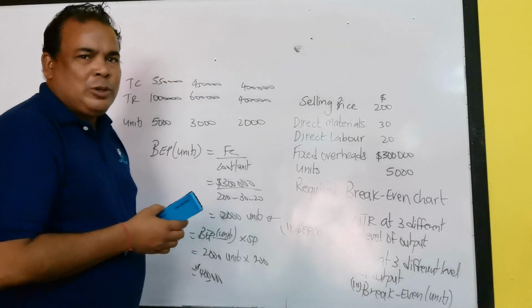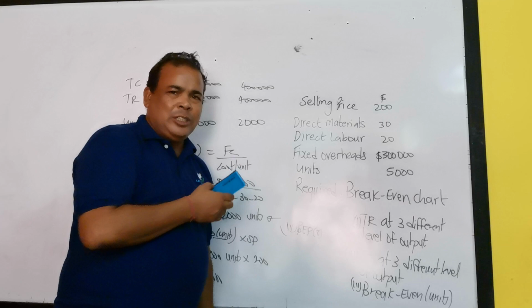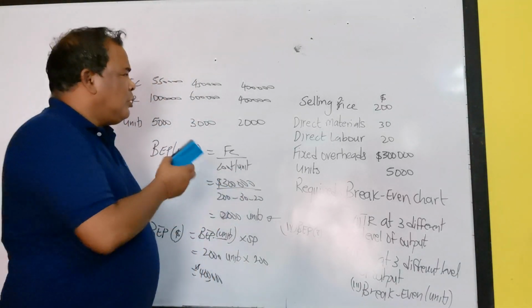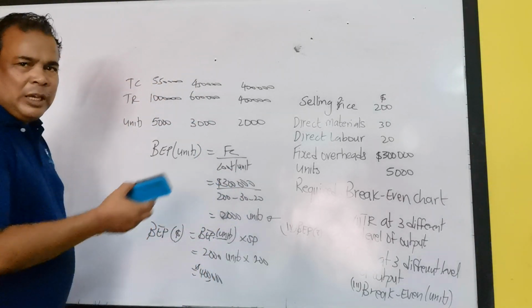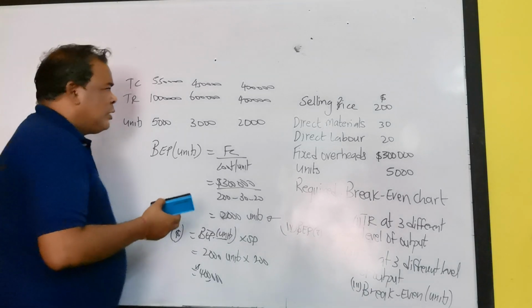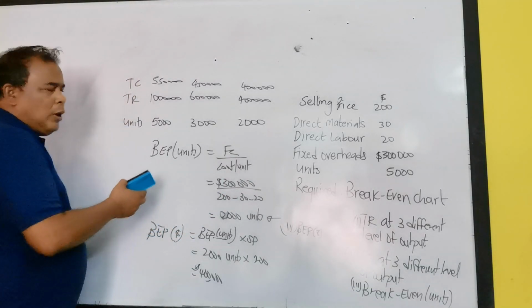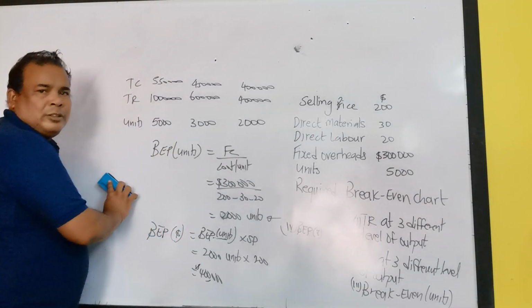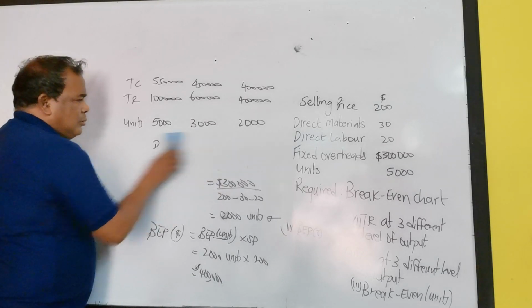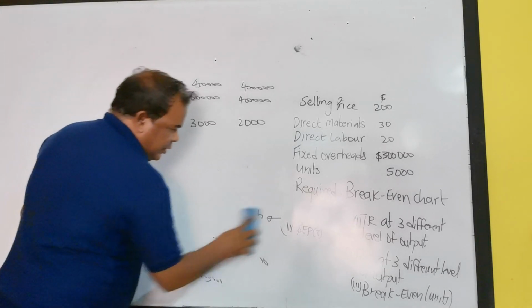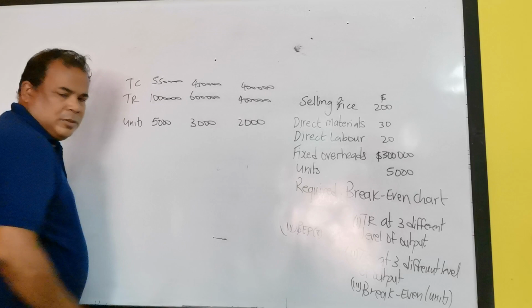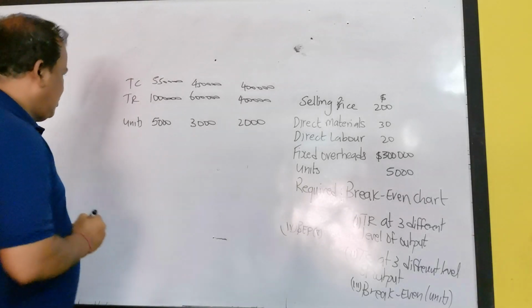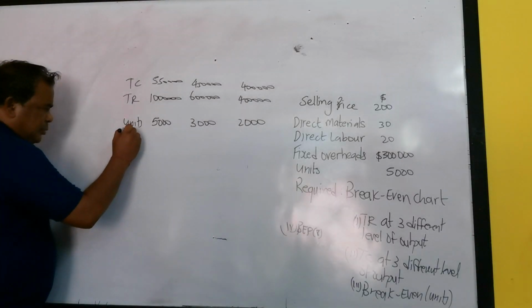But for the time being, we don't have a graph paper. We will try to do it roughly on the whiteboard. Then you can draw it on your graph paper when you are doing it again. Okay? So here we are. So what we have to do,